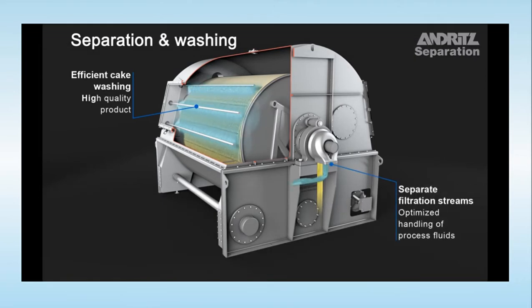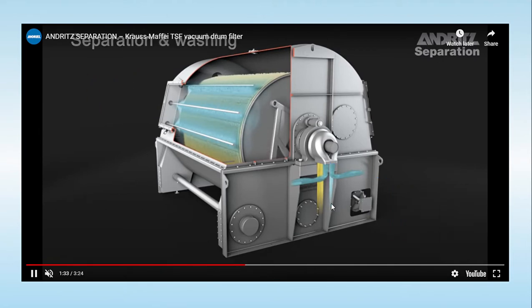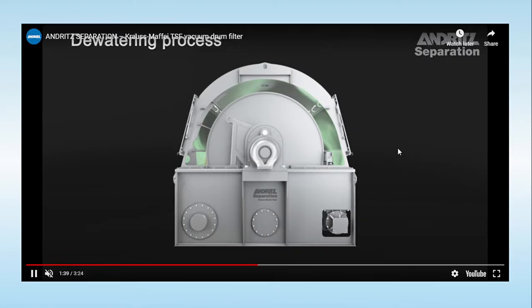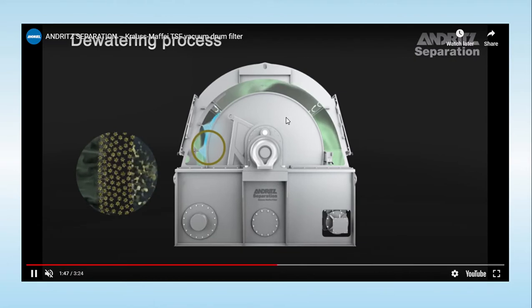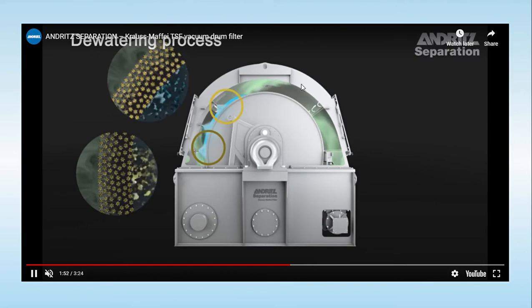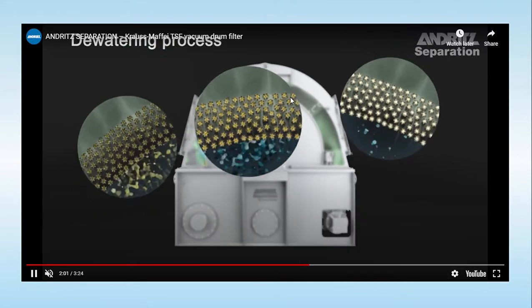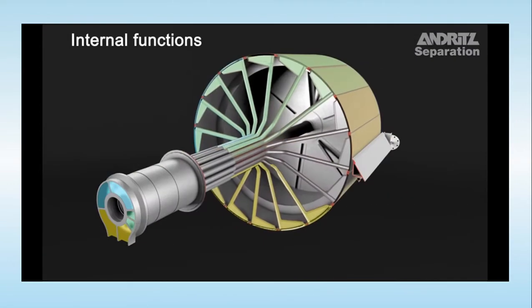The filter cake is also going for efficient cake washing, which is required, and the washed liquid after that is also going to be removed from the center part. Here you can also see that once the cake is formed, it is passed to the dewatering zone, in which whatever liquid is present with the cake, or the washing water which we have used, is going to be removed over here, and this entire liquid is going to be sucked through the center shaft and removed.